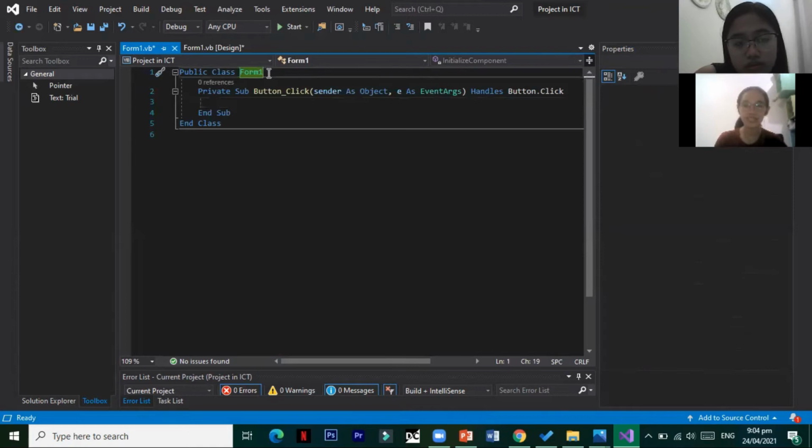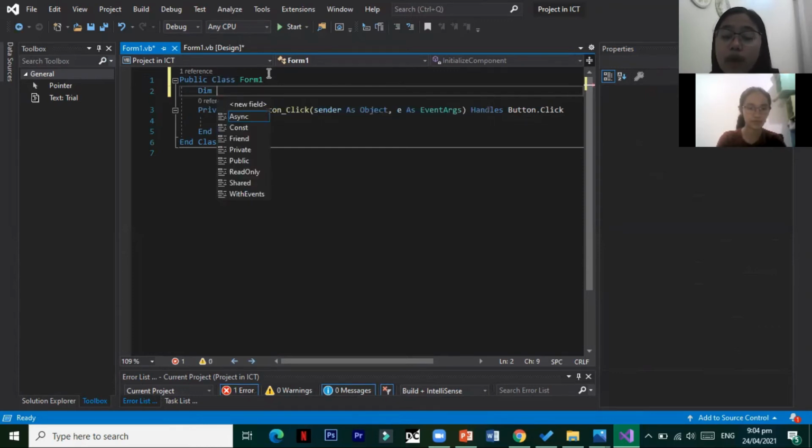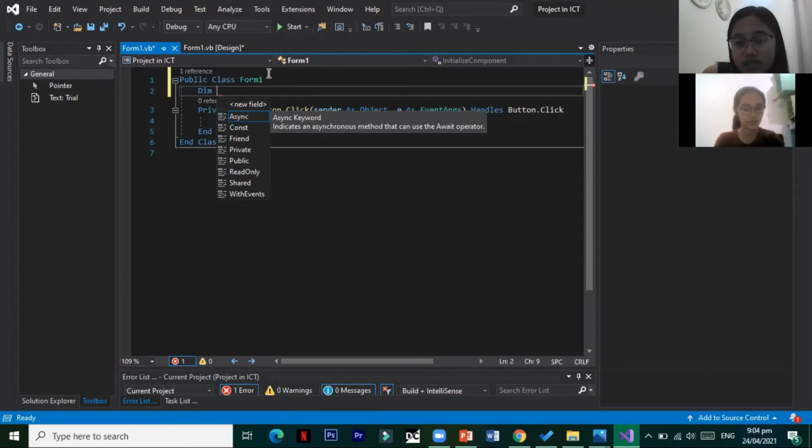And what's the next step, Mandix? So, mag-start na sa atong, after anang public class form, let's start with the codes for the button. So, under sa public class form 1 is dim, which stands for dimension para ma-declare ang variables sa ilang proper date type. And then, username as string